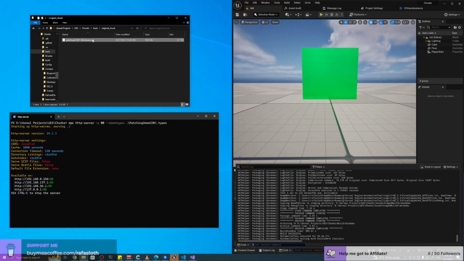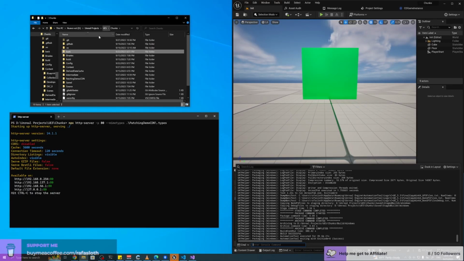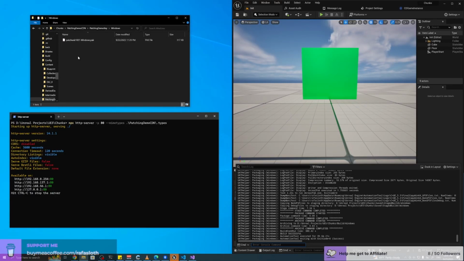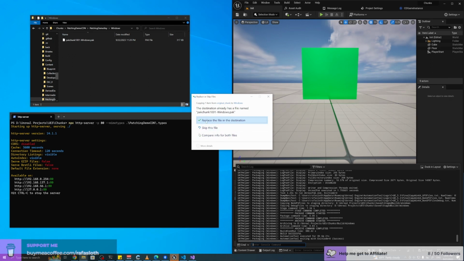And I'm gonna copy, so this is just the backup, but I need to put the file in the web server, Windows, and here.